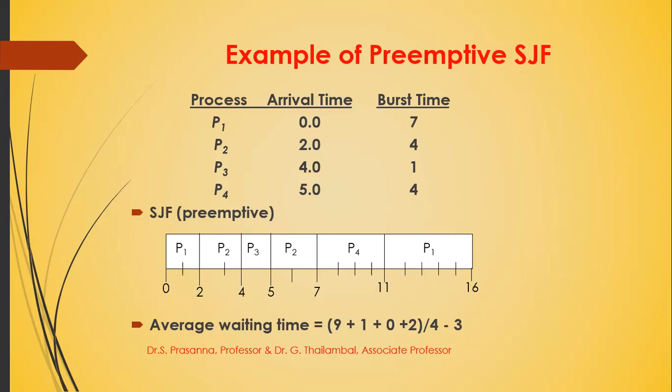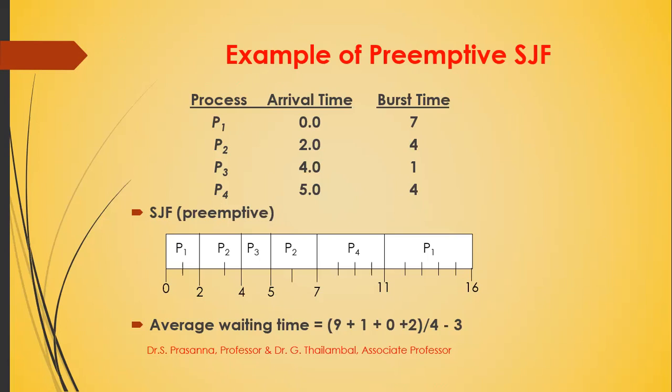And when you go for P4, it came at the 5th millisecond, but it starts its execution by the 7th millisecond only. So 7 minus 5 is going to be 2. So when you divide by 4 and find the average waiting time, it is going to be 3. That is the